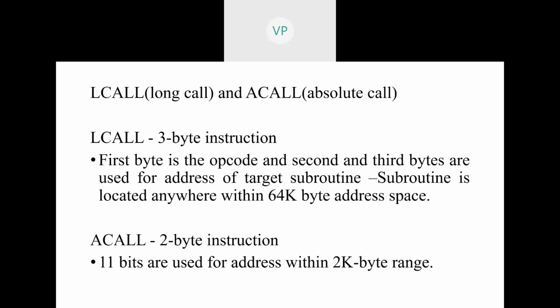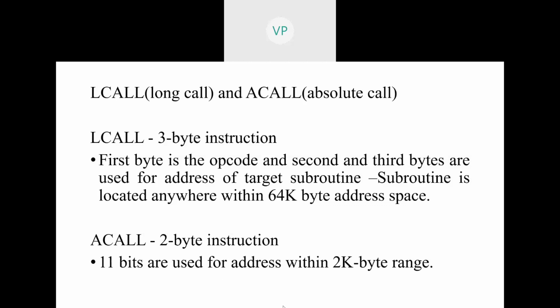And also you can see this LCALL and ACALL, we know about this one. It is a 3-byte instruction, right? We saw this for a different jump also. The unconditional jumps we saw, and we saw different ranges of jumps there, right? And similar to that, for the call also we have the same jump, right?